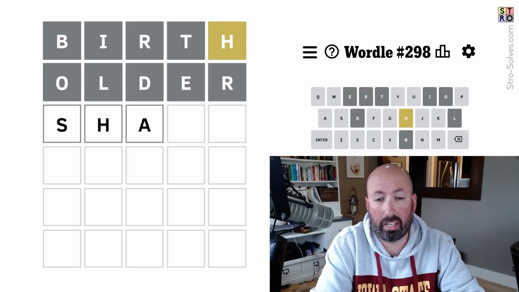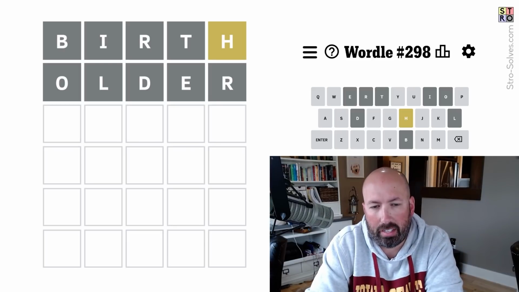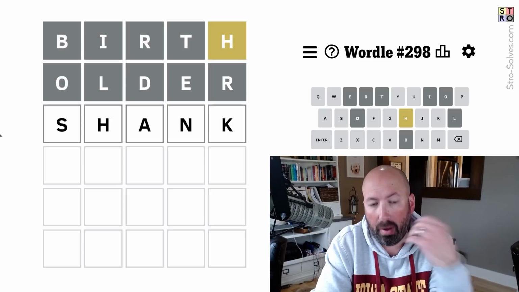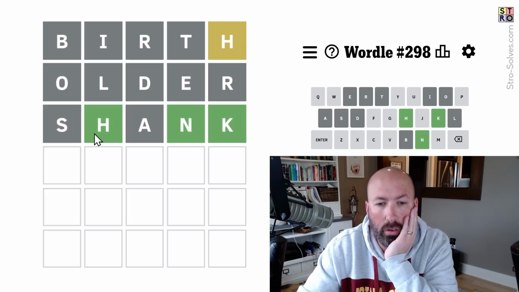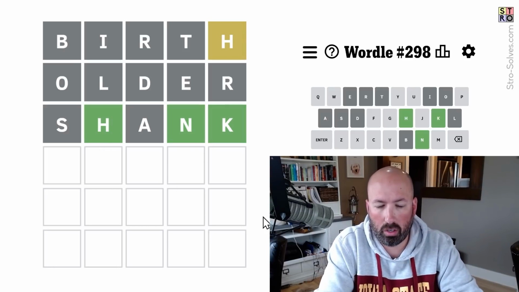We could do something like shank. Well, I'm not thinking of anything obvious that has an H, and A, and a U in it. All right, I'm just gonna go with shank. I guess if there's no A, then we'll know there's a U. The problem is if there is an A, we don't know if there is also a U, but... Ooh, okay, oh, wow, okay, so... Ooh, so it's gotta be a U, so...